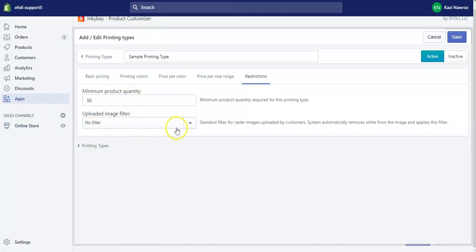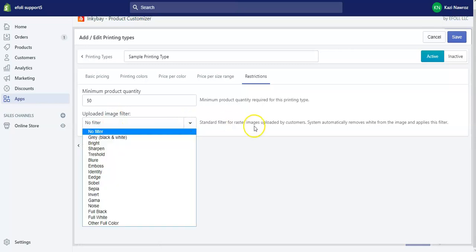And also an uploaded image filter. These are the various filters for the printing type of your product. Let's say that you want your printing type to look embossed. You can select emboss, and your printing type will be shown embossed. And then there are other filters like sepia, gamma, noise, and everything.